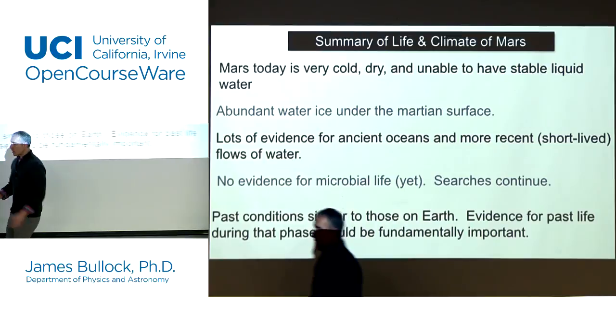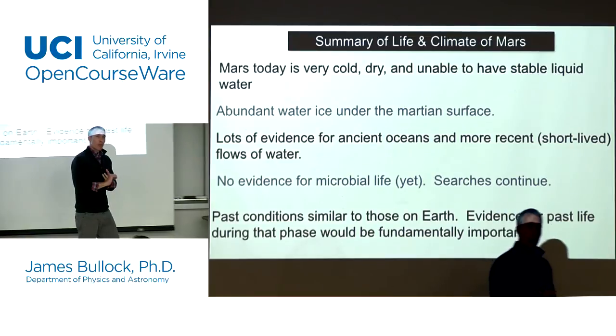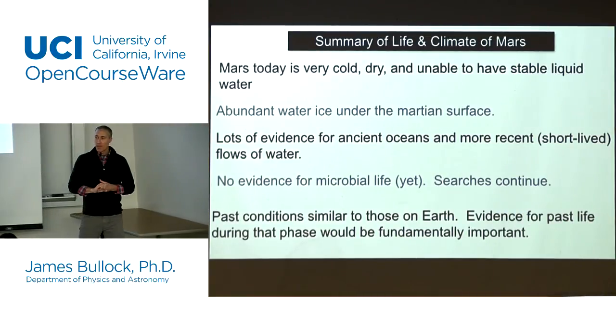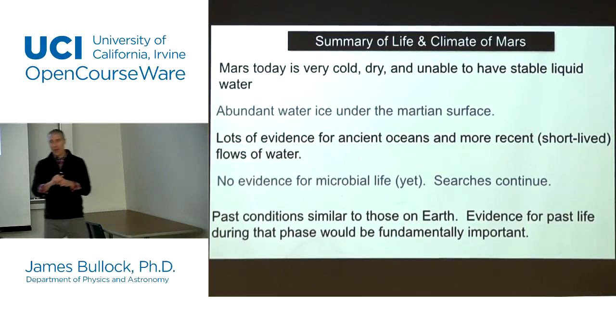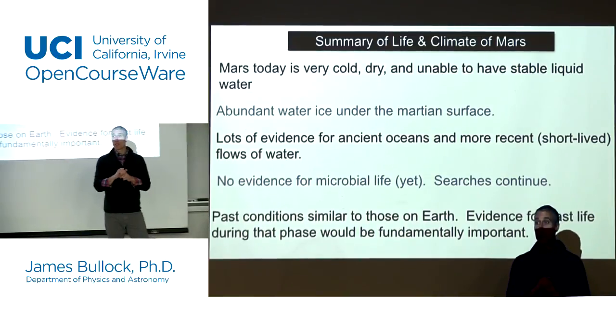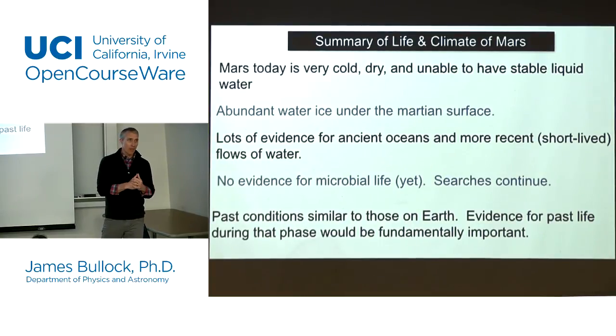So, big picture, is there complex life on Mars today? Probably not. Was there life at some point in the deep past on Mars? Very possibly. And if we find evidence for that, it has really profound implications for our expectations for life, maybe in other places in the solar system, but certainly throughout the galaxy. If we were to find no evidence for past life on Mars, even though we thought conditions were very similar to those on ancient Earth, that would also have profound implications, right? Because it would suggest that something special happened on Earth, and maybe life is a much more rare thing than we might have otherwise thought.